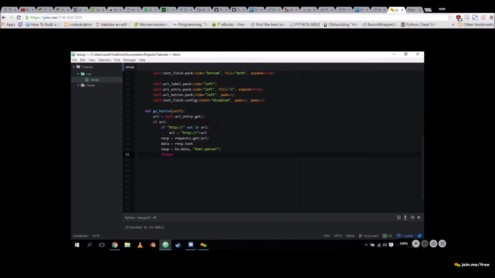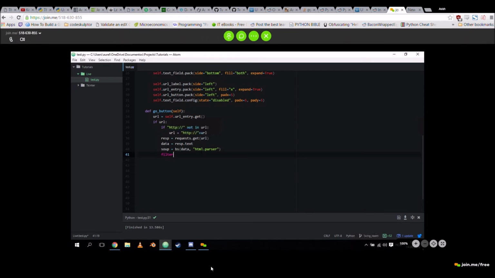So what filter does is it takes a container of information, a list or anything, a bunch of information, and it takes a function or a method, and then it runs every element of the container through the function or method, and that function has to return true or false based on whatever it's reading of that element. And then filter will give back the things that are true and not give back the things that are false. So it's an interesting way to kind of do this. So we go page text, this is what we're after. And the we're going to call it self-visible.